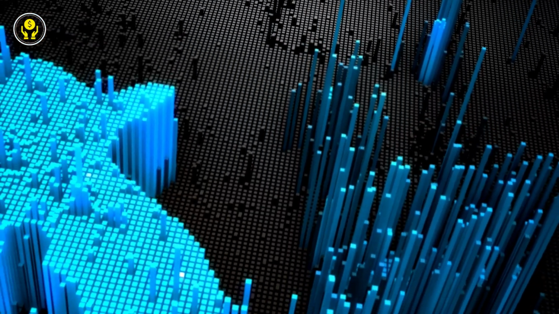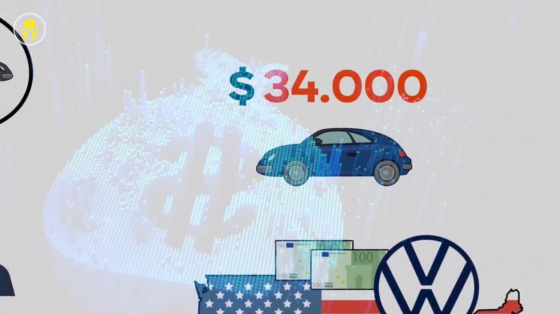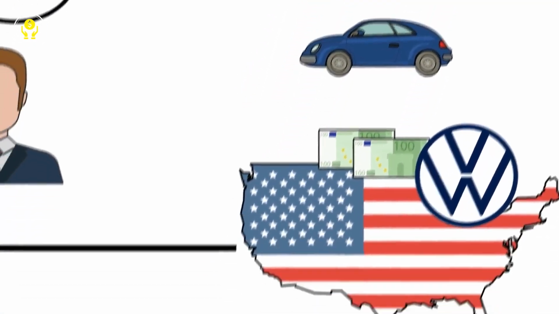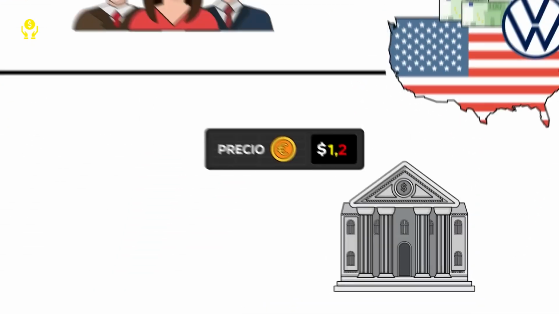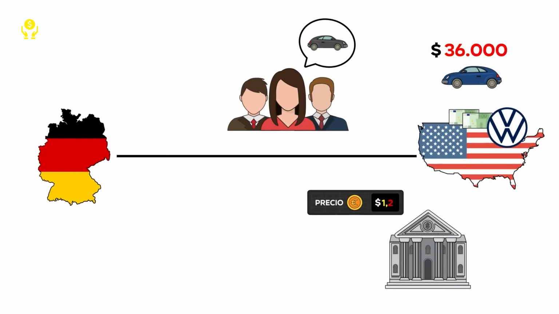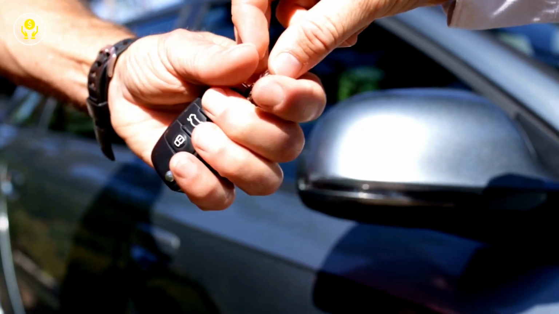However, as the euro increases, the dollar price of the cars will also increase. For example, if the euro rises to $1.20, the car's value in dollars will be $36,000, which is calculated by multiplying the 30,000 euros by $1.20 per euro. There will come a point where Volkswagen cars become too expensive for US consumers compared to cars manufactured in the United States, and consumers will stop buying Volkswagen cars.